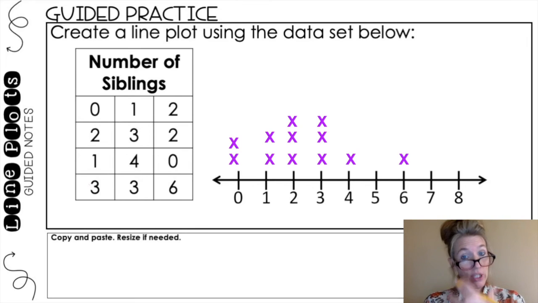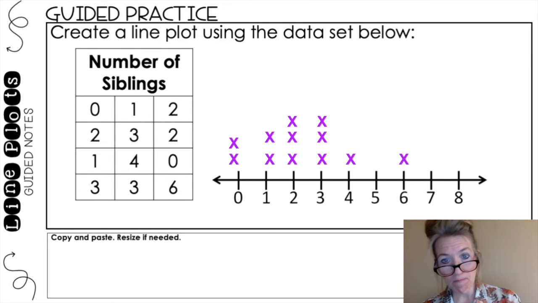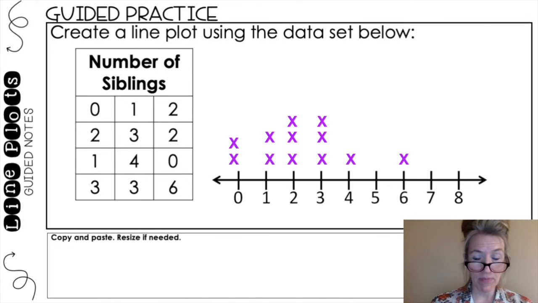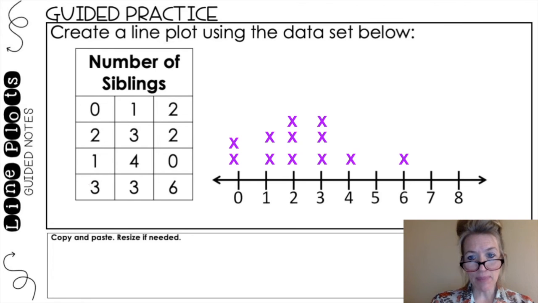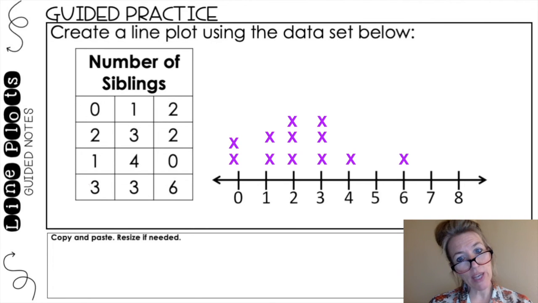Now, I'm going to analyze my data in this new display, in the line plot. So as I'm looking at it, I can see a peak that's happening. Most people in this data set have 2 to 3 siblings. It looks like nobody has 5, 7, or 8 siblings. There's a couple of people that have none, no siblings. And I'm looking for gaps. I'm looking for the peaks, and I'm looking for most of the data. So most of the people in this data set have between 1 and 4 siblings, and that's where the cluster